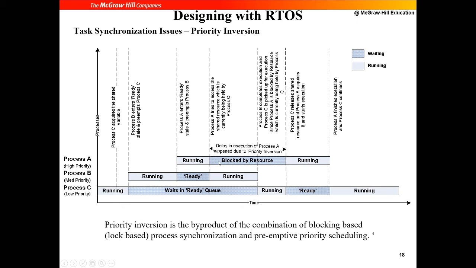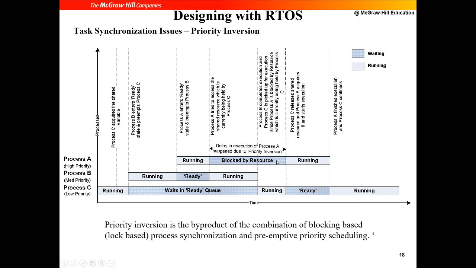Nobody else can use it. Now what will happen? Process A is blocked. Even though process A is the highest priority job, it doesn't have the printer because somebody has locked it and left. It is like the watchman has locked the office and gone; now the boss cannot enter his office because he doesn't have the key, so he cannot use the resource. So now process A should wait.